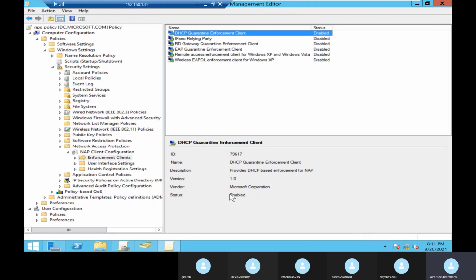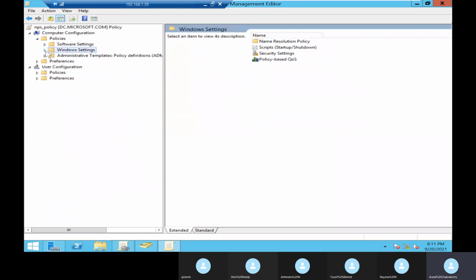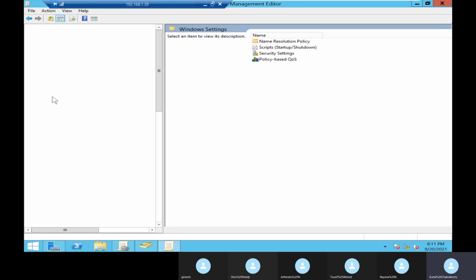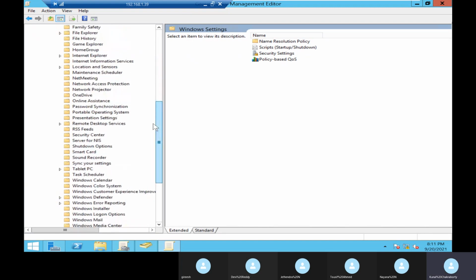Now just close this part. One last policy that we need to give will come under Administrative Templates. So expand Administrative Templates. Next, Windows Components. Let's see whether it is here or not.